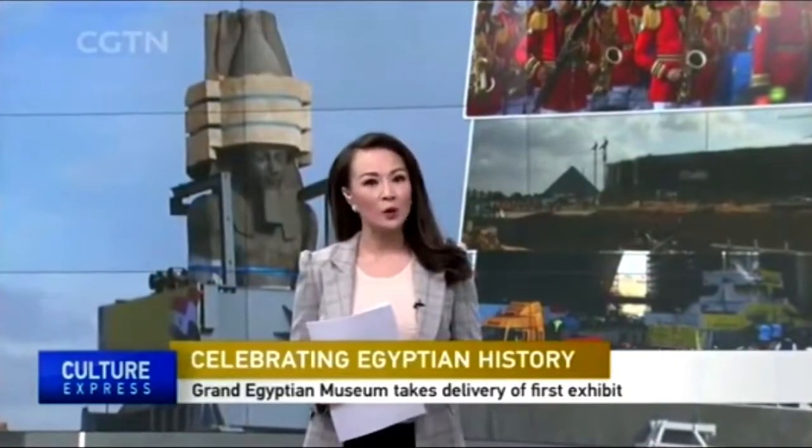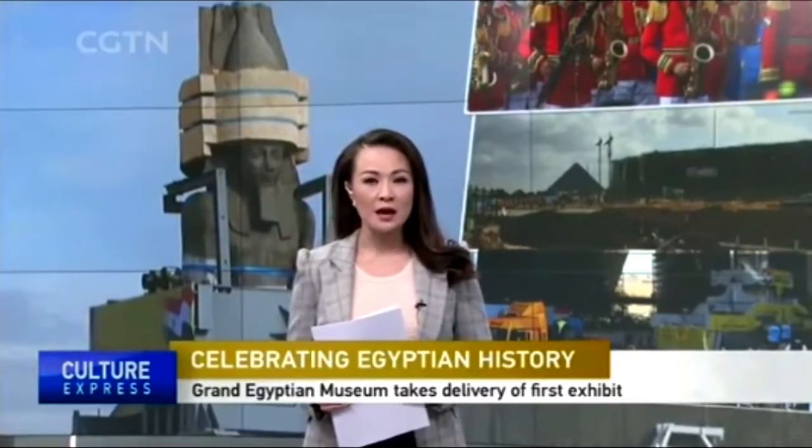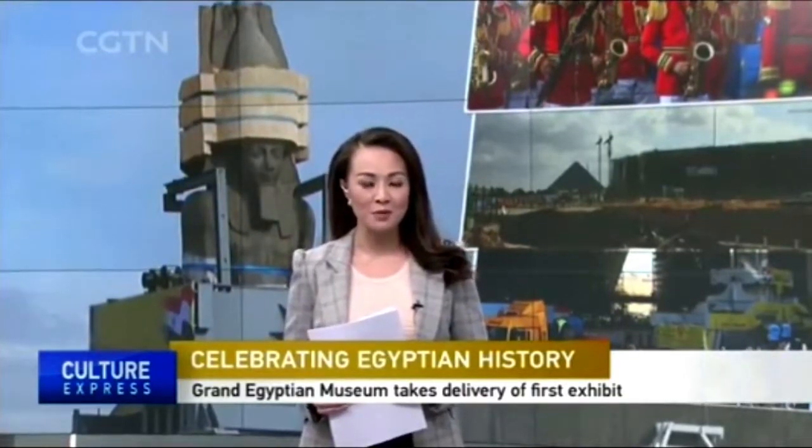Talk about ahead of schedule. The Grand Egyptian Museum has unveiled its first exhibit almost a year before the official opening. It's a huge statue of King Ramses II. Once it's completed, the Grand Egyptian Museum will be one of the biggest in the world. It's set to change the face of the country's tourism industry, and there's a massive marketing campaign behind it, as